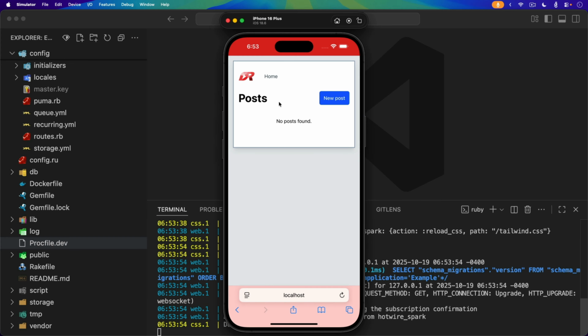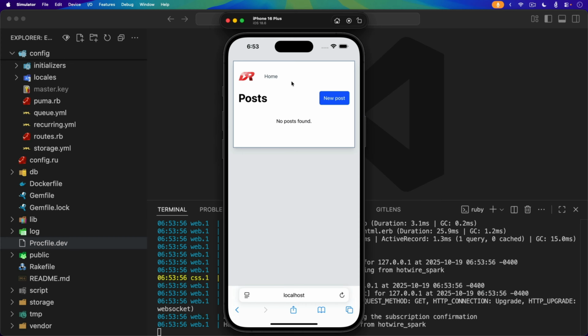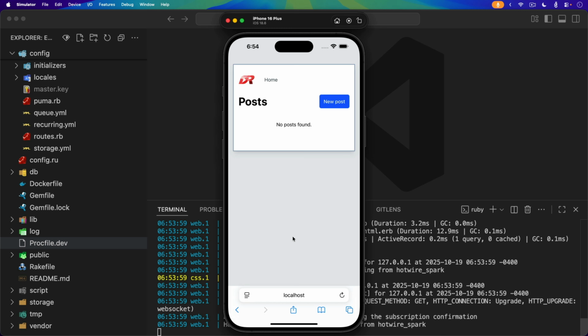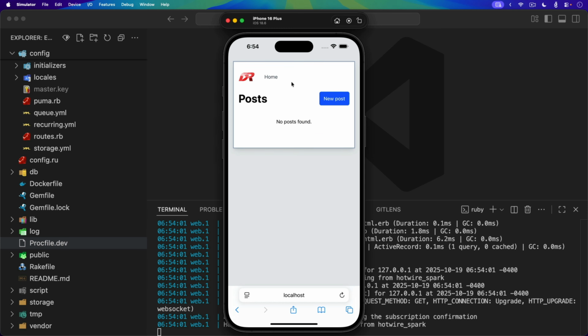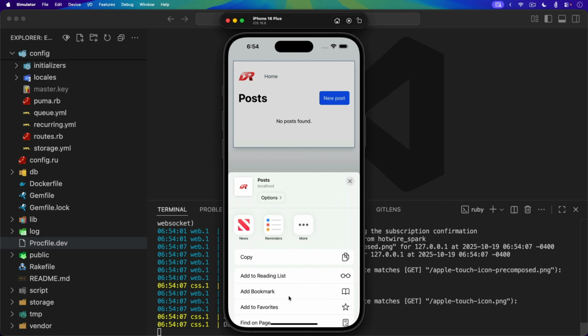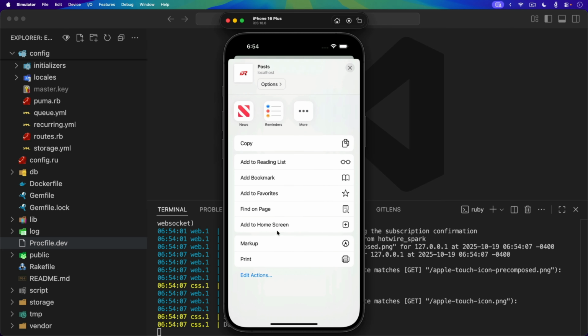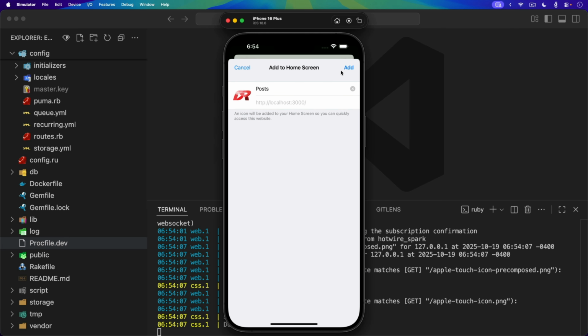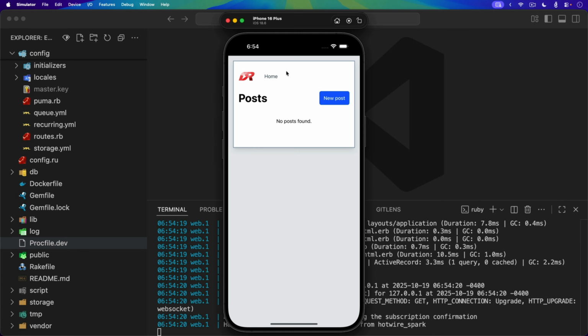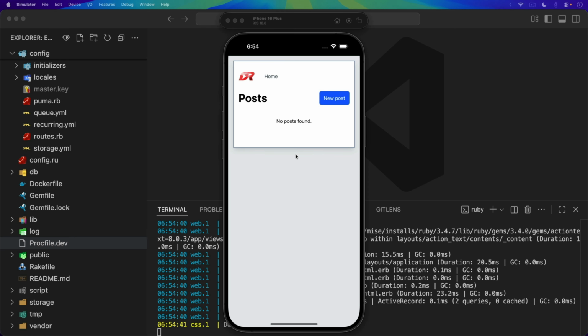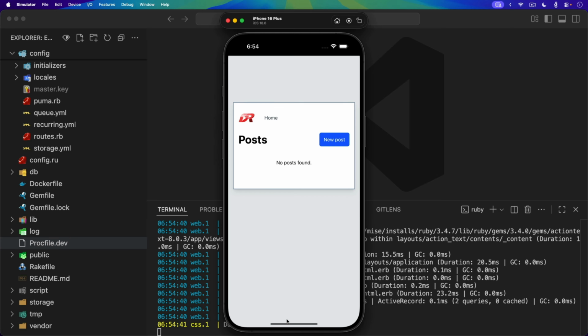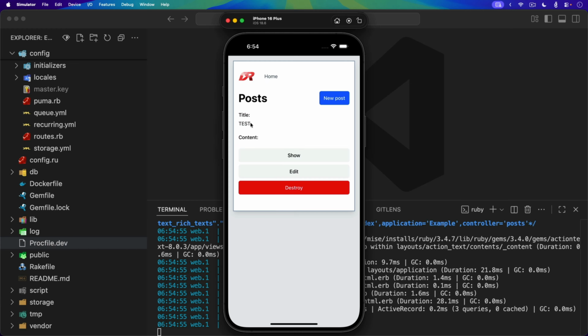So we're first going to start with a base application where in the browser, we're able to pull and refresh. This is the functionality that we get with the browser on a mobile device. But as soon as we go to install the PWA application by adding it to the home screen, when we launch this, when we pull to refresh, it doesn't work. And so I've created a post in a browser. And so when I pull to refresh, you'll see that nothing happens, but we have to navigate back in order